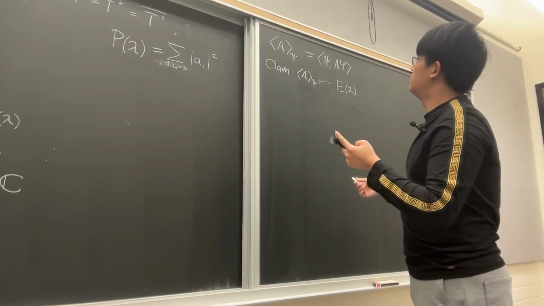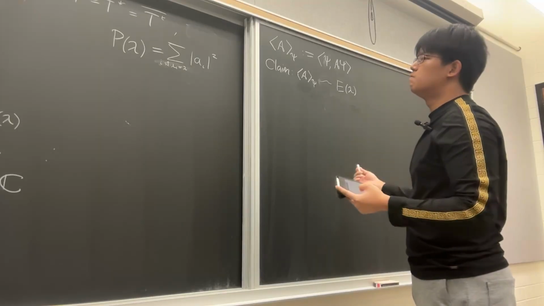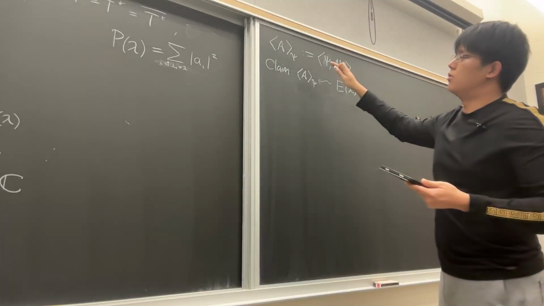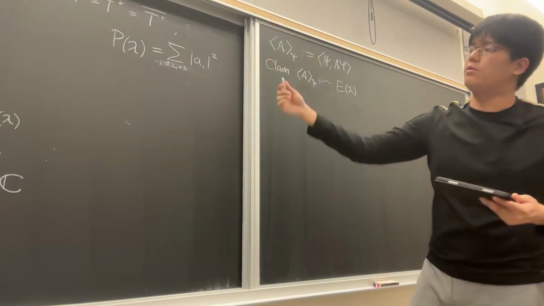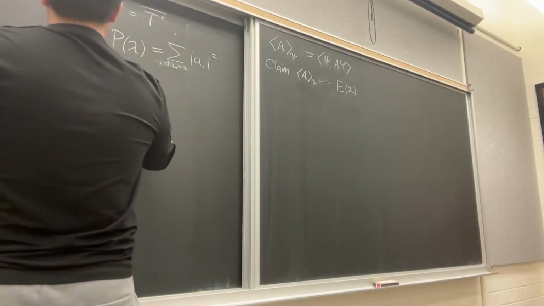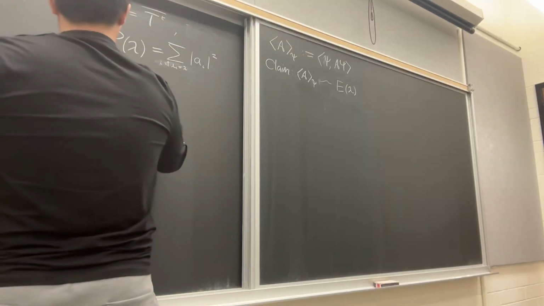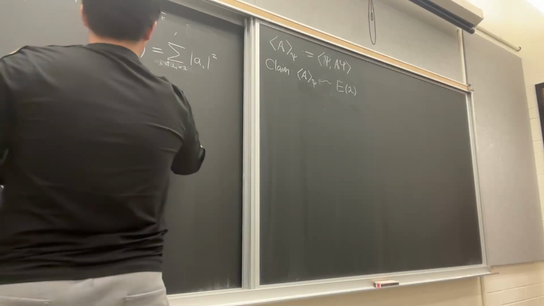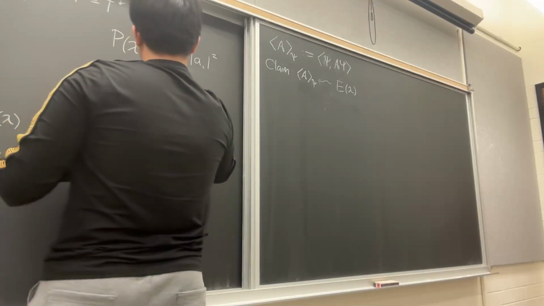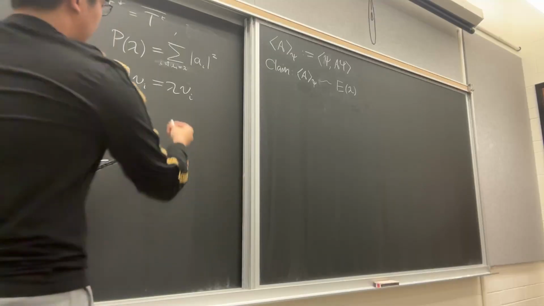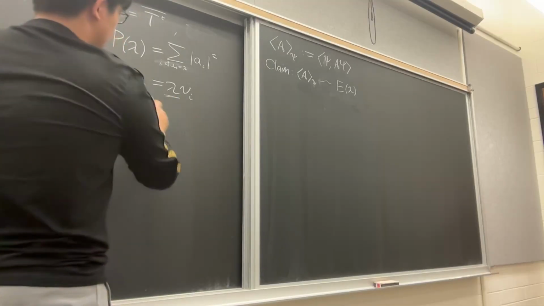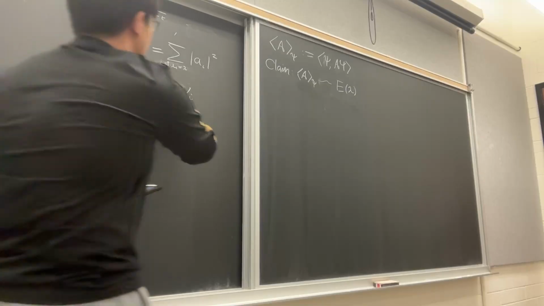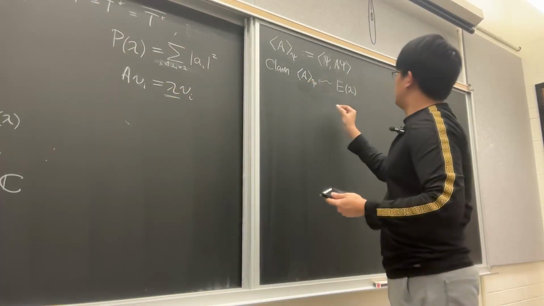Right. We're going to make a substitution. So remember that when we define A, we specifically wanted to find eigenvectors. Like A applied to vi, let's write it this way, is equal to lambda vi. This is just to say that we're really interested in only the eigenvalues inside of A. So when we operate A on any vector v, we want to get the eigenvalues. And so if we use this intuition,